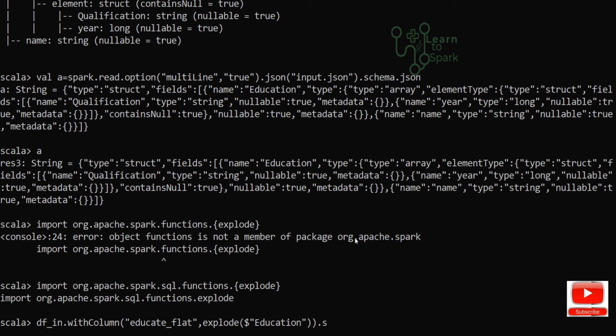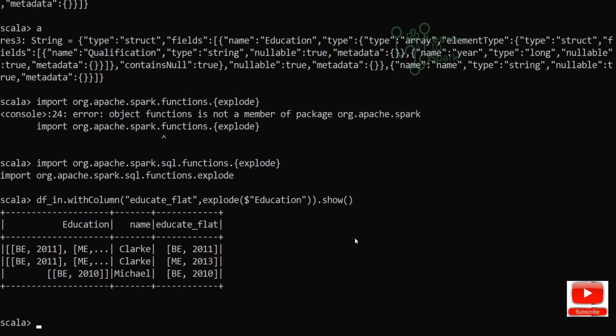Let us give the show command. So now we can see our education column has been flattened and it's exploded into single records.